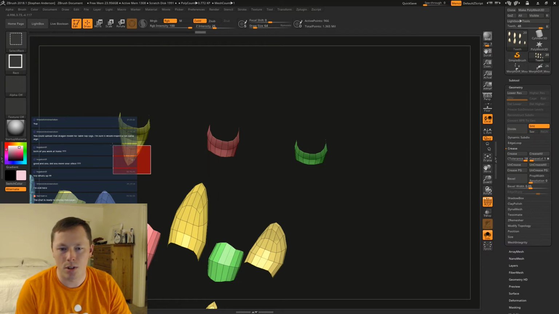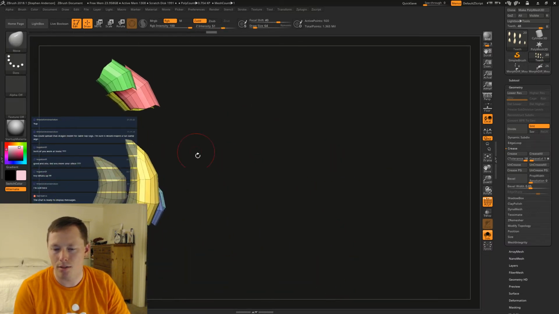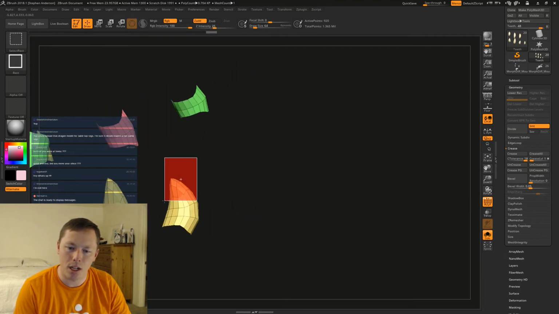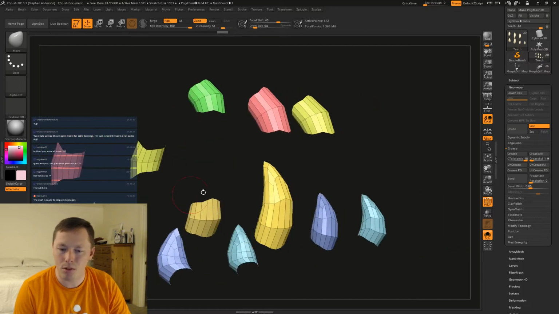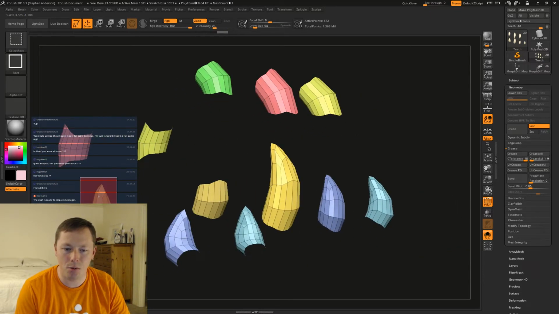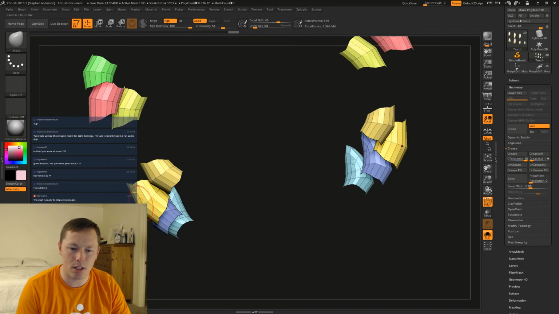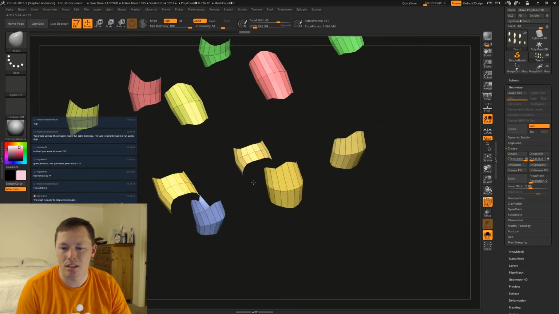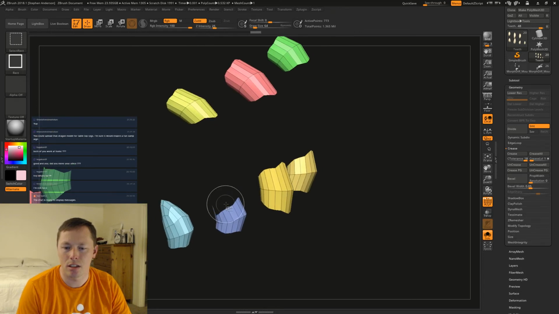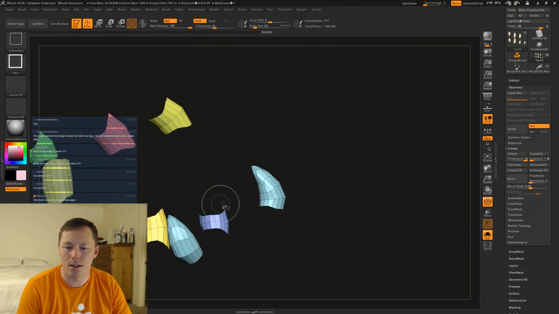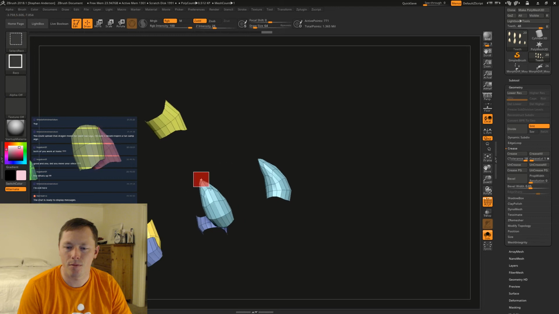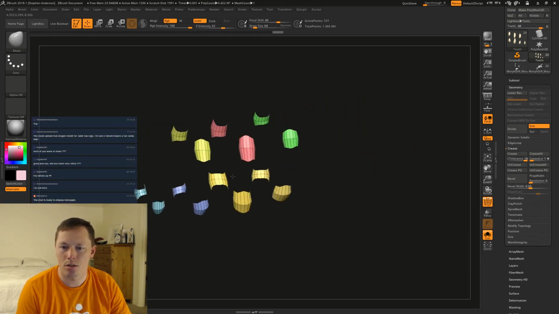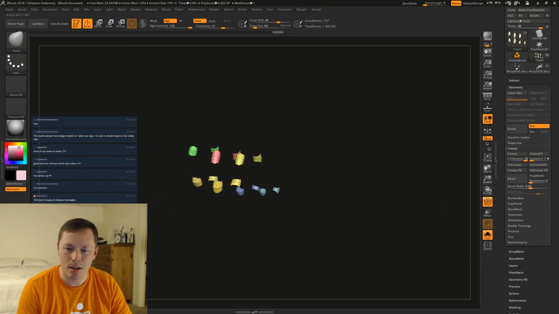If I just come through and do both sides at once, that way I only have to worry about the one crease. The reason why I'm wanting to use a crease is to be able to bevel and get an extra edge loop in there around those sections, and that'll help so that I can colorize things better.